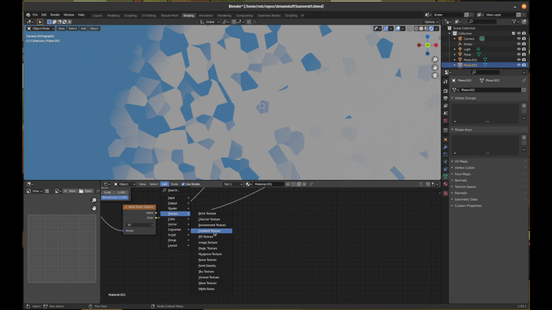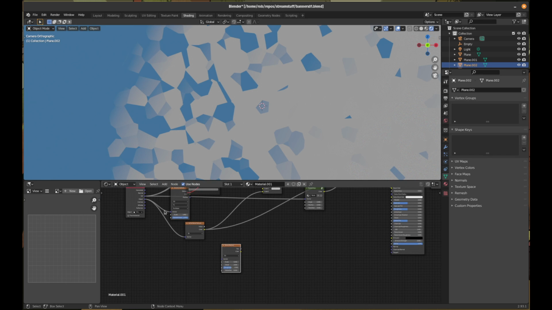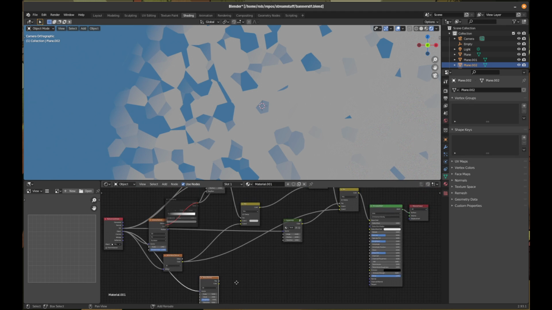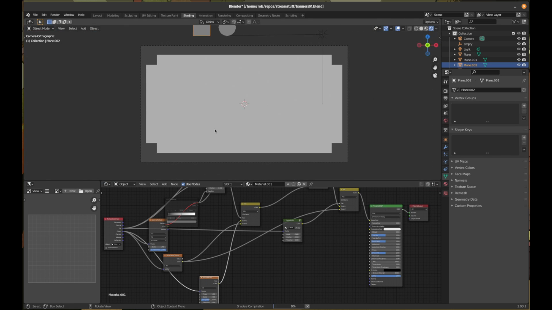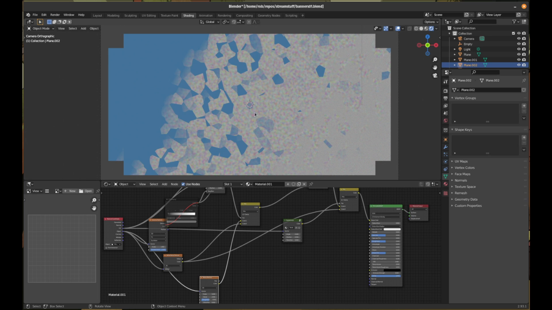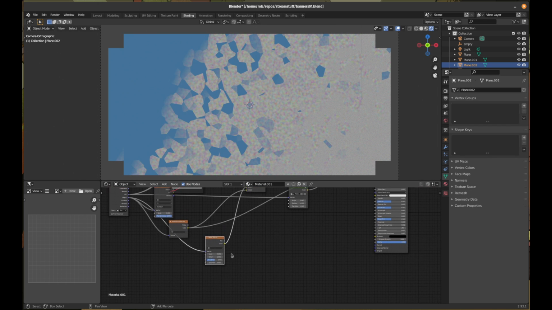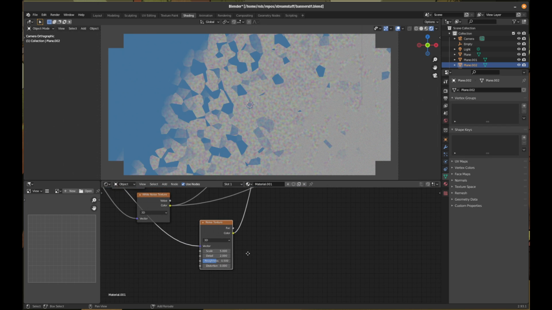Oh, we probably could have used a gradient texture in place of that XY. A noise texture. This might be kind of neat. We'll see what happens. Go back here. That's something. It's not perfect, but